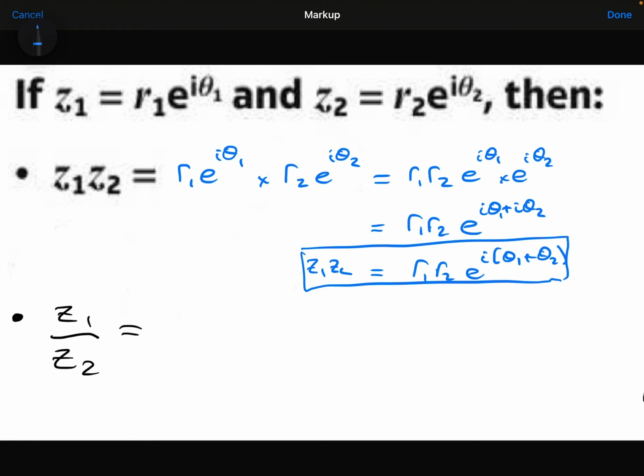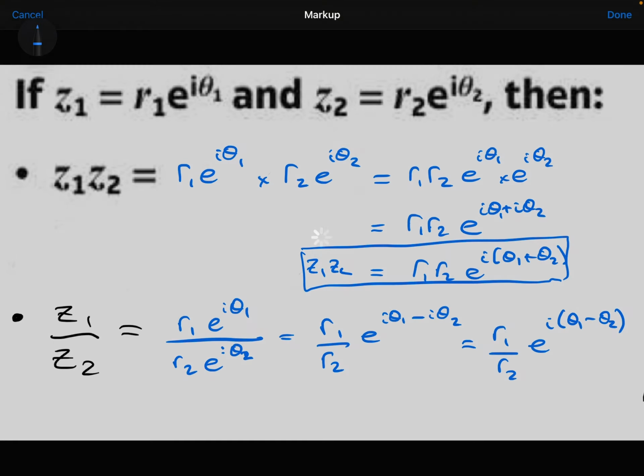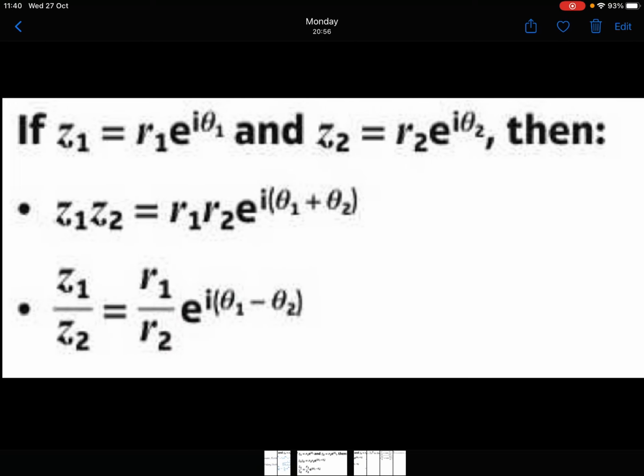Or if I was dividing, I could write that as r1 divided by r2, and then taking away the powers, and then again factorising out the i, like that. So we have these results,